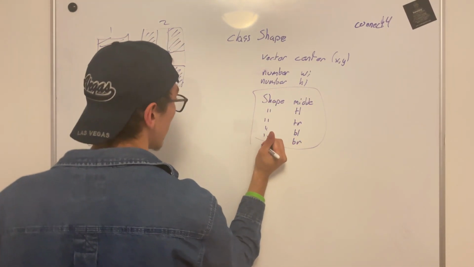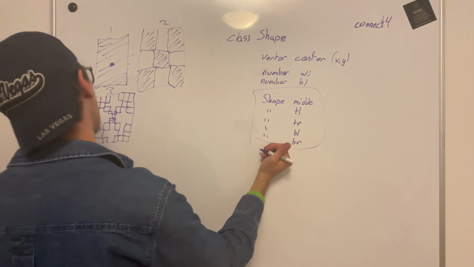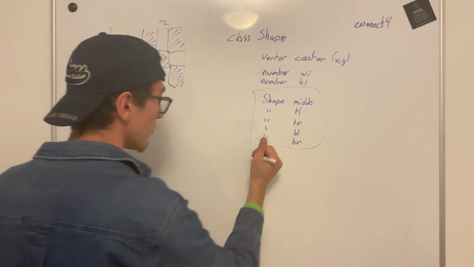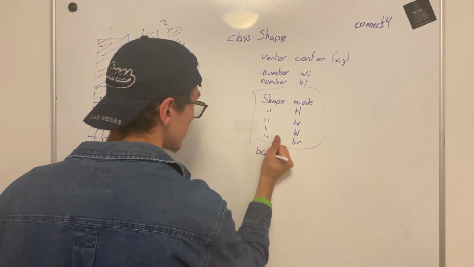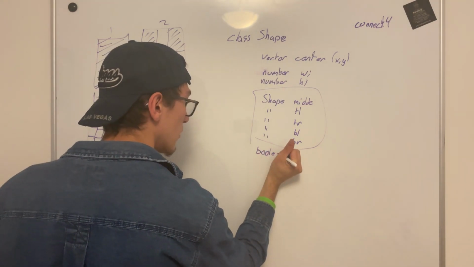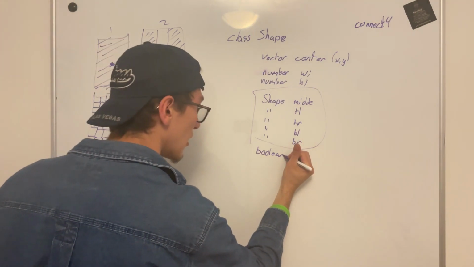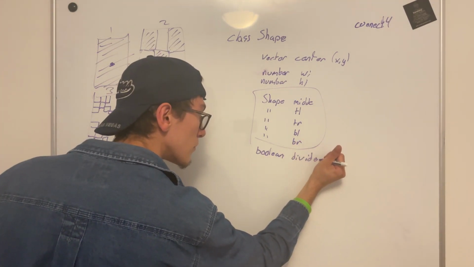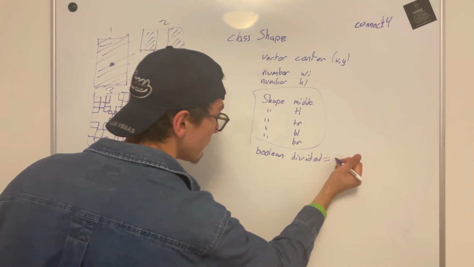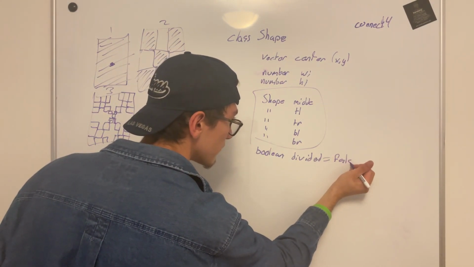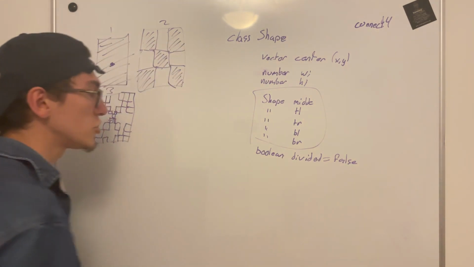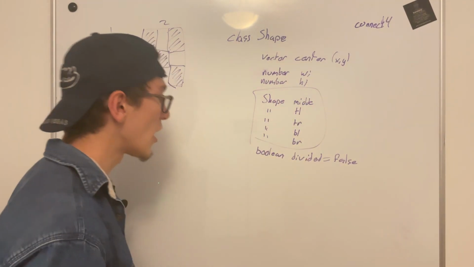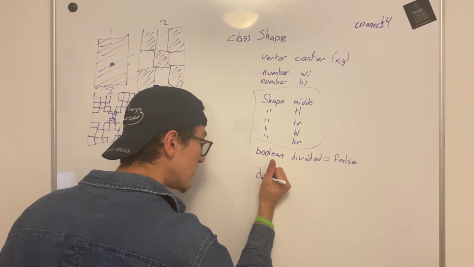And we might want to have a boolean to know if it's divided, right? And this should be false by default. So in the constructor, we should just set the center, the width and height, and then we should have a divide